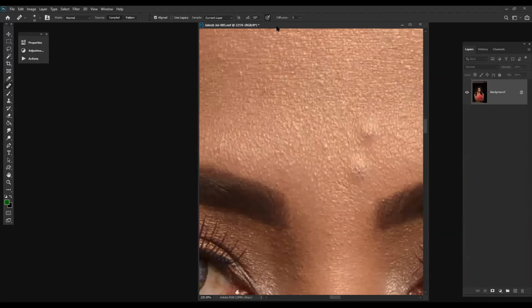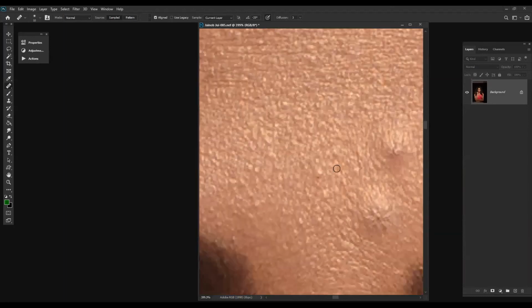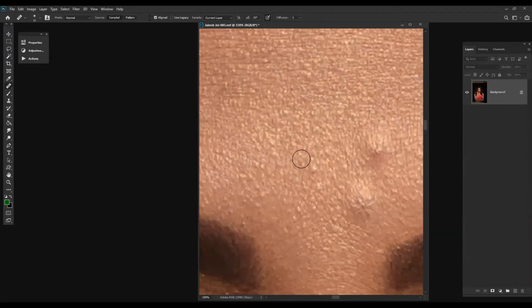Basic healing is whatever area you sample from, it will try to match the nearby area from that sampled area.